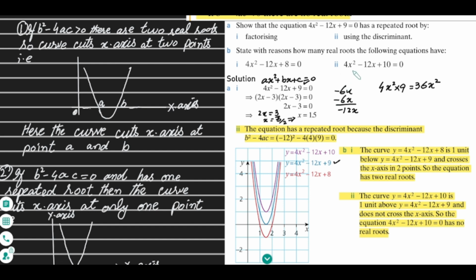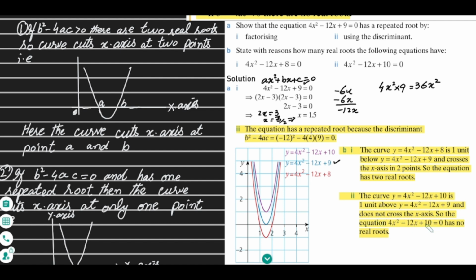And for the second part, 4x² − 12x + 10 = 0. The curve y = 4x² − 12x + 10 is 1 unit above the equation written in red, y = 4x² − 12x + 9. We can see this purple curve is 1 unit above. This is the x-axis. The blue equation 4x² − 12x + 9 is shown, and 4x² − 12x + 10, shown in purple, is 1 unit above the blue one,